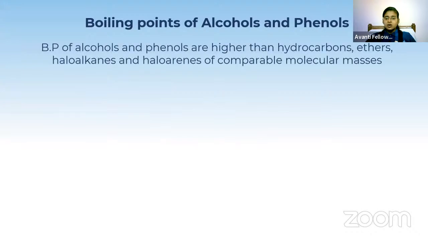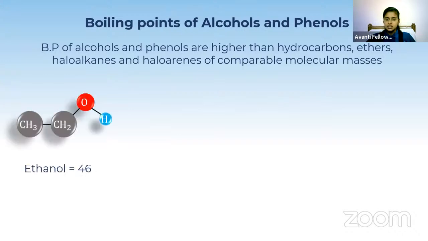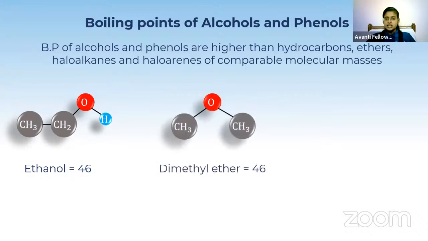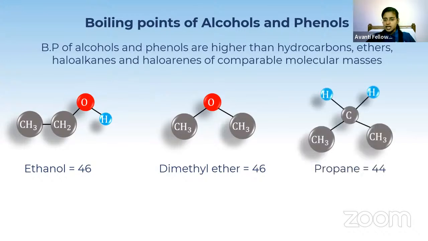Boiling point of alcohols and phenols are higher than hydrocarbons, ethers, haloalkanes and haloarenes of comparable molecular mass. So let me take an alcohol whose molecular mass is 46. And next I'm going to take an ether which has mass 46. And next I'm going to take a hydrocarbon, an alkane, which has the molecular mass 44. Okay. So if I compare an alcohol, ether and hydrocarbon,